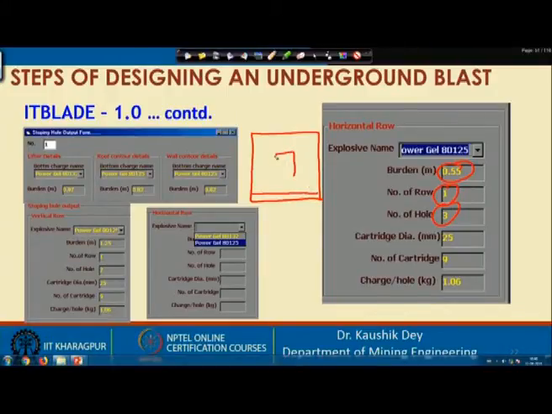There may be a cut area, lifter area, roof area and wall area. So, basically as per our consideration, as we are having only one vertical row, our cut area is like this.